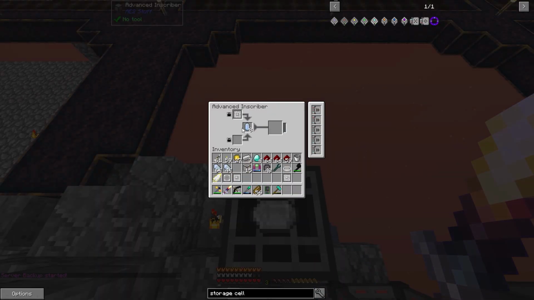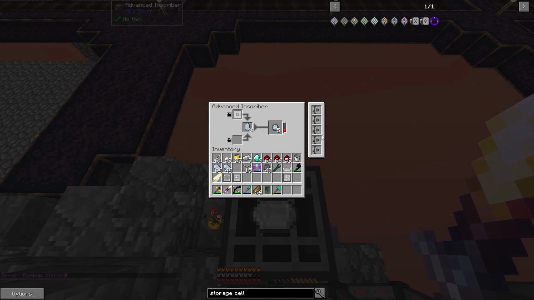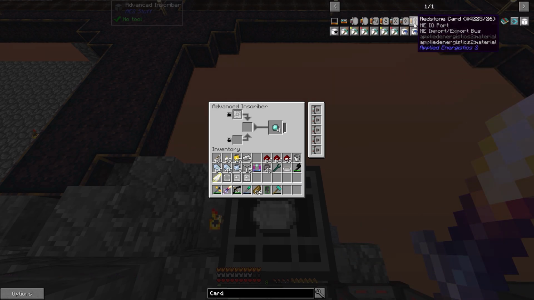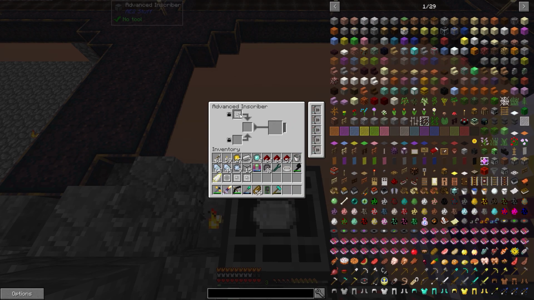So calculation press, let's throw you through. Yeah, this is definitely making me glad I did the upgrades here. I don't know if you could use like a stack upgrade. That would be interesting. What are these called? If I do card, if I could do a capacity card, no, it doesn't look like you can. Right, nonetheless,